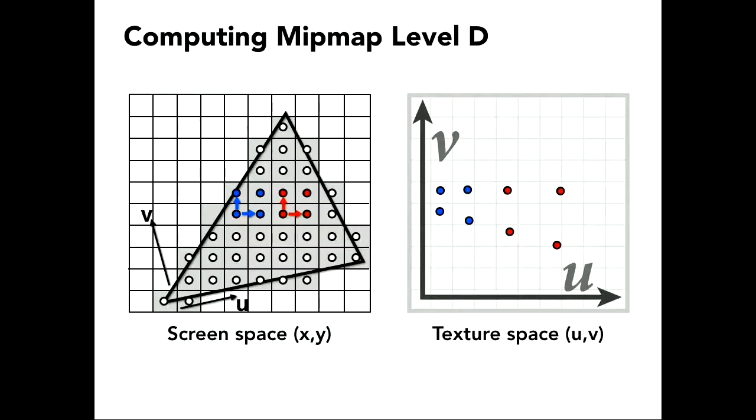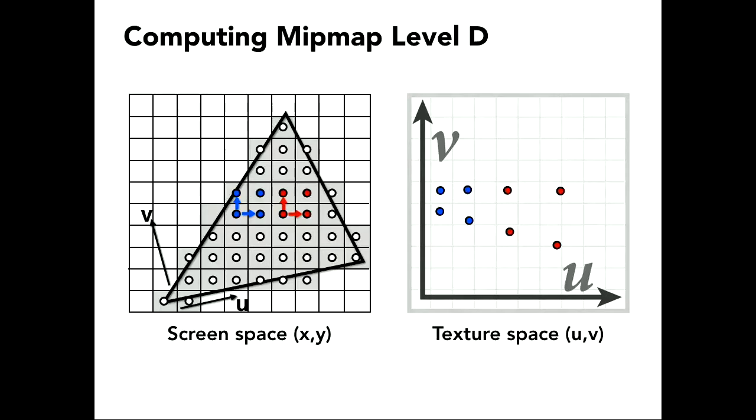Now, the next thing we need to figure out is, when we're drawing through the screen, which level of this hierarchy do we want to use? So what's the mip-map level, which I'm using the variable d for? To do this, you might remember yesterday I said you can use a Jacobian of this transform that takes you from the screen space into texture space. You can use the Jacobian to figure out from the partial derivatives of this change